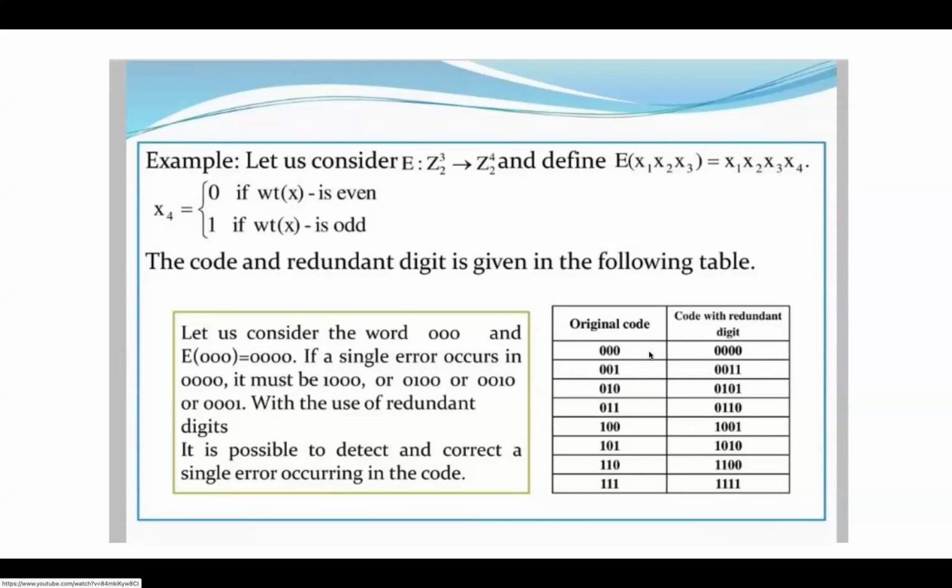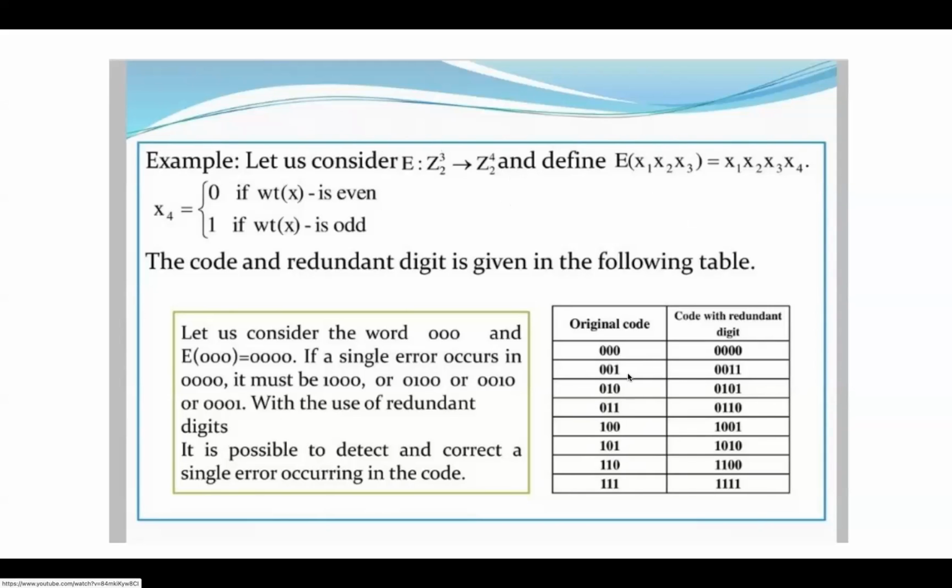Yes, ma'am. Otherwise you do one thing, transform z raised to 4 to z raised to 5. Change the question. Transform the code z raised to 4 to z raised to 5.